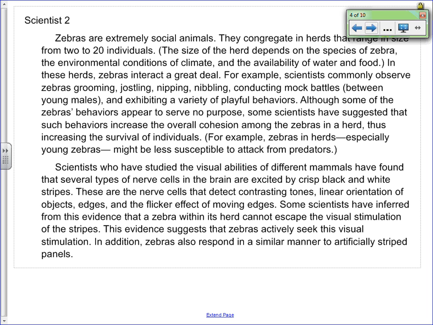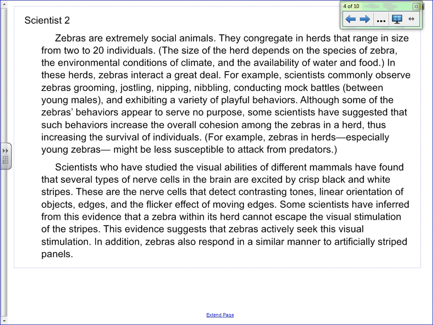Fantastic, thank you. Scientist 2, zebras are extremely social animals. They congregate in herds that range in size from 2 to 20 individuals. The size of the herd depends on the species of zebra, the environmental conditions of climate, and the availability of water and food. In these herds, zebras interact a great deal. For example, scientists commonly observe zebras grooming, jostling, nibbling, conducting mock battles between their males, and exhibiting a variety of